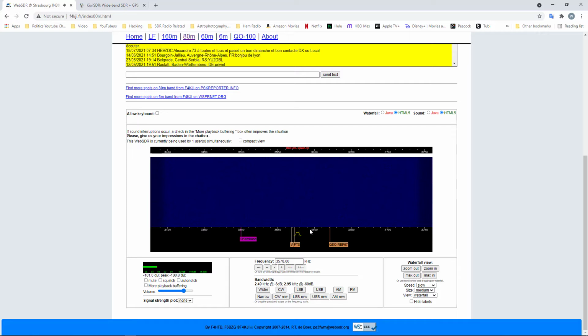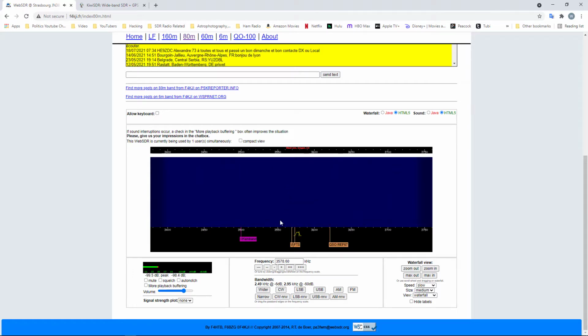You can change the speed of the waterfall. You can change modes. Got CW, lower sideband, upper sideband, AM, FM, narrow, just a whole mess of different modes that we can go through depending on what we're trying to access.